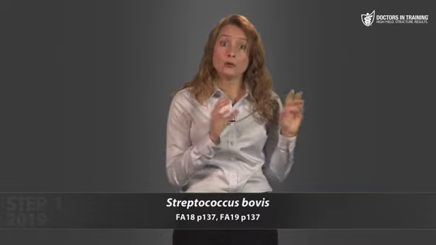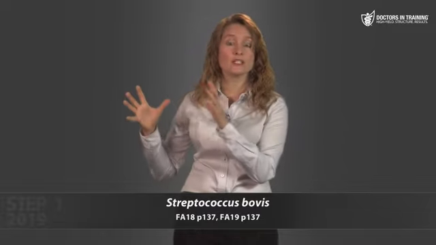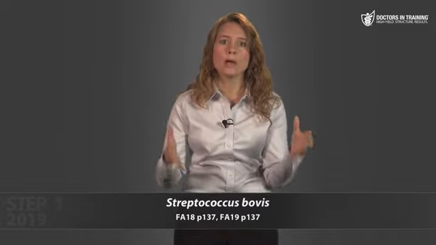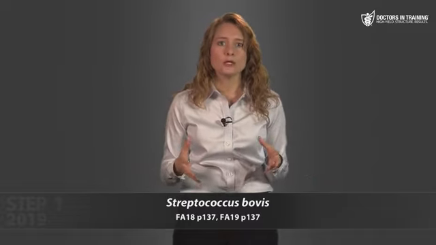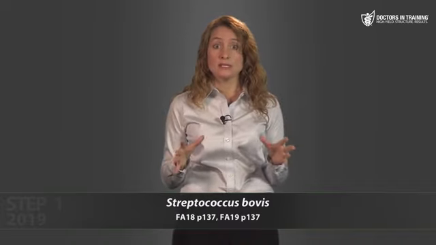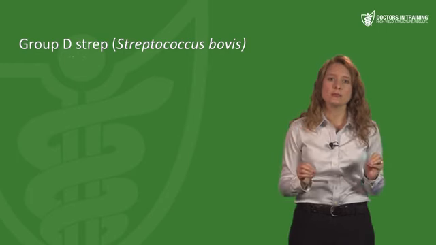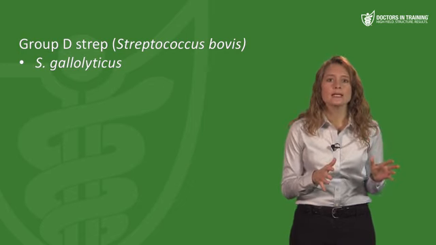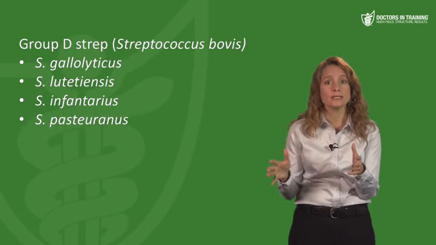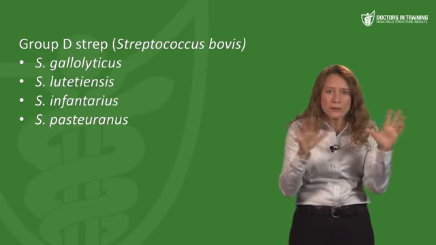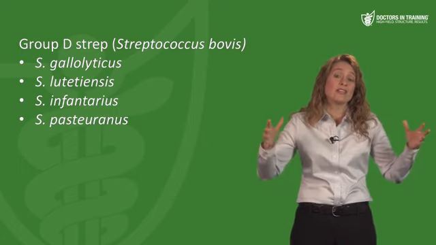Strep bovis is another type of group D strep. So we had group A strep, there's group B strep, and there's this category called group D strep. Enterococcus used to be called group D strep, but now it's been reclassified. However, strep bovis continues to be referred to as group D strep. Strep bovis used to be considered one species, but it's now been divided into 4 species in the Streptococcus bovis group. These 4 species are Strep gallolyticus, Strep lutetiensis, Strep infantarius, and Strep pasteurianus. I don't think that you need to remember these species, but you'll need to know the significance of Strep bovis